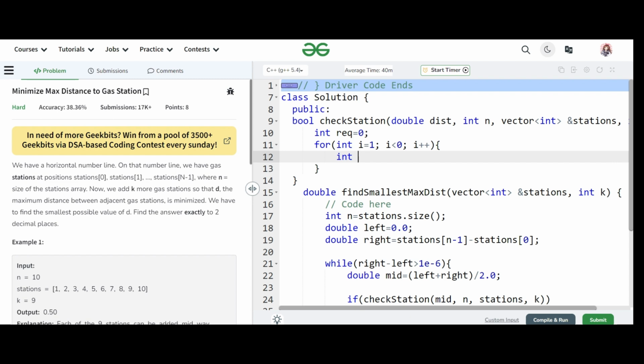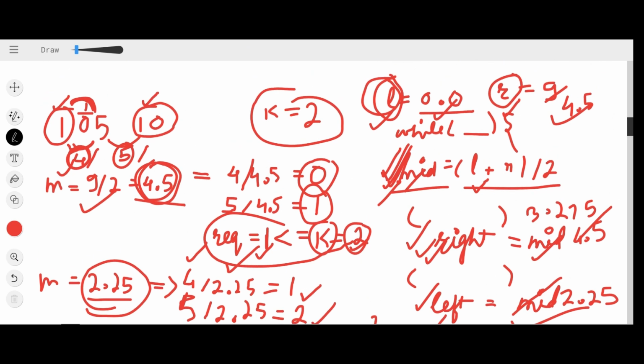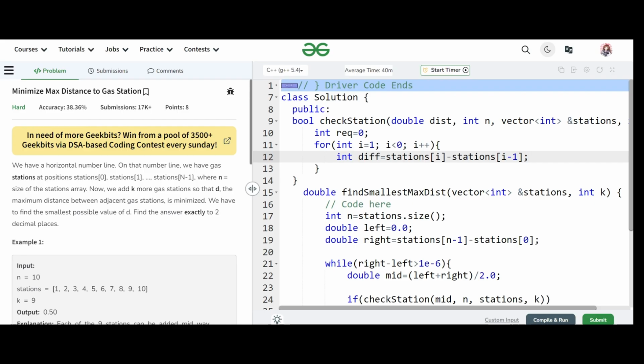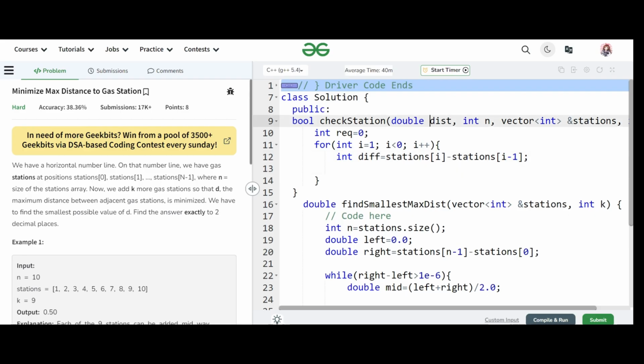This will check my difference minus stations i minus 1. So here, as you can see, I was finding out the difference first, that is 5 minus 1, 4 was coming, 10 minus 5, 5 was coming. So here also I'm doing the same thing. Now I will divide it with this distance and will sum it up simultaneously.